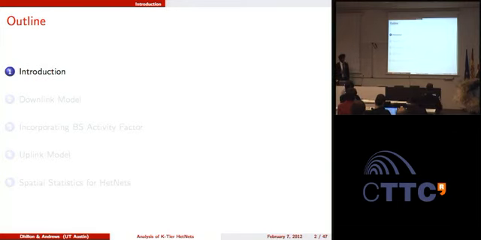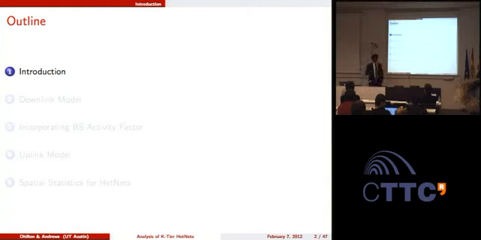And then there would be some technical challenges there, and we will introduce some notions of loads, of how the load on a femtocell can be modeled analytically, and that will be done by incorporating base station activity factor. And then yesterday we had a brief discussion about the differences between downlink and uplink. So I've included a few slides on the uplink model. How is it more challenging to study in the light of stochastic geometry and the HetNets? So we will have some basic results on uplink,